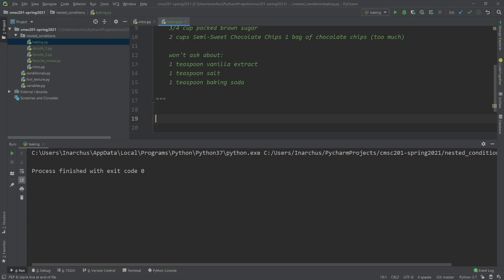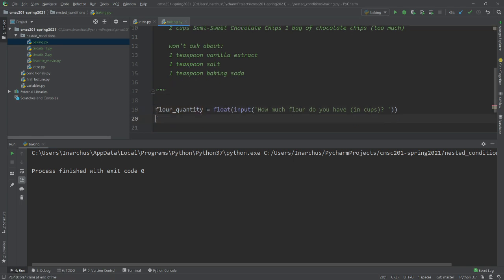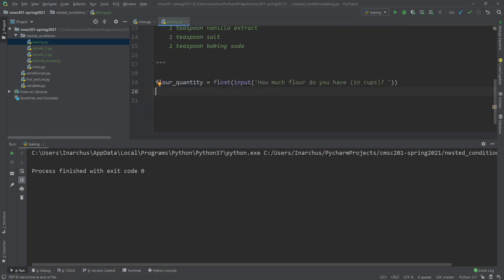Okay, let's begin. For instance here, I'm going to run an input statement to get a flour quantity. The flour quantity is going to ask how much flour do you have, and we're going to ask for it as a float. The reason why we ask for it as a float is because we need 2.25, aka 2